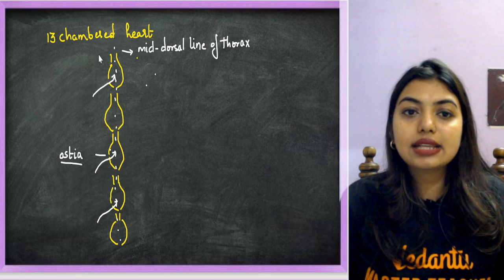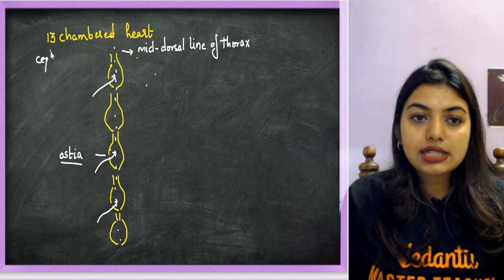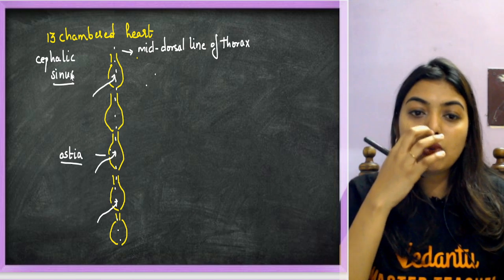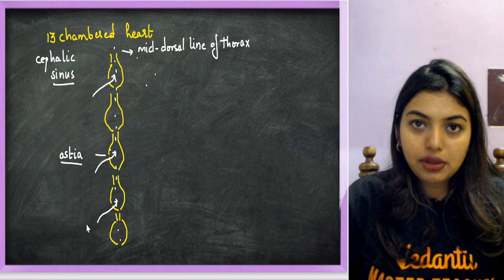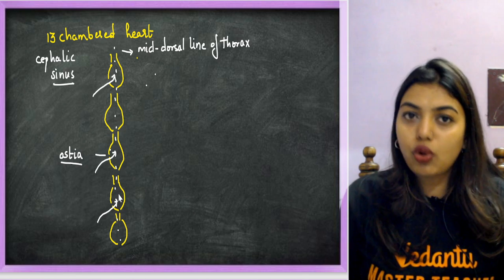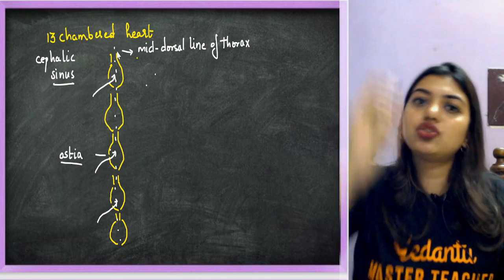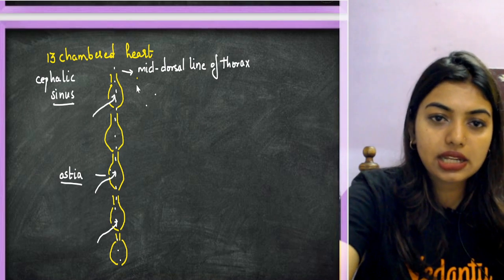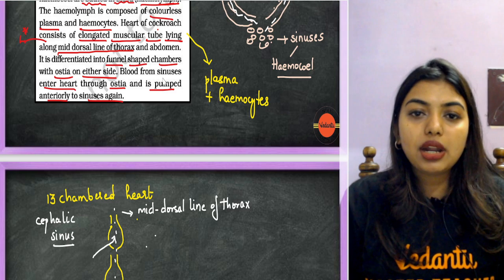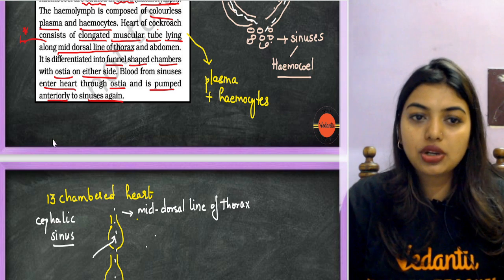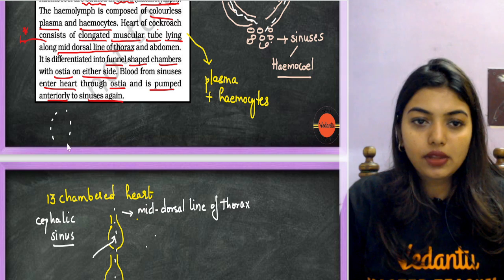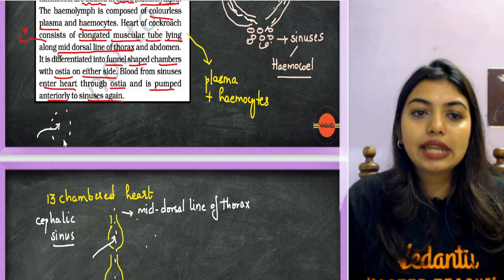Now the head has a cephalic sinus. Cephalic sinus means a small opening-like region. So what is going to happen? The blood is going to enter from the spaces inside through ostia, and it is going to move towards the head region where there are also spaces. So this last line is very important for all of you: blood from the sinuses enters the heart. Understood? From the spaces, the sinuses, it will enter the heart through ostia and it is pumped